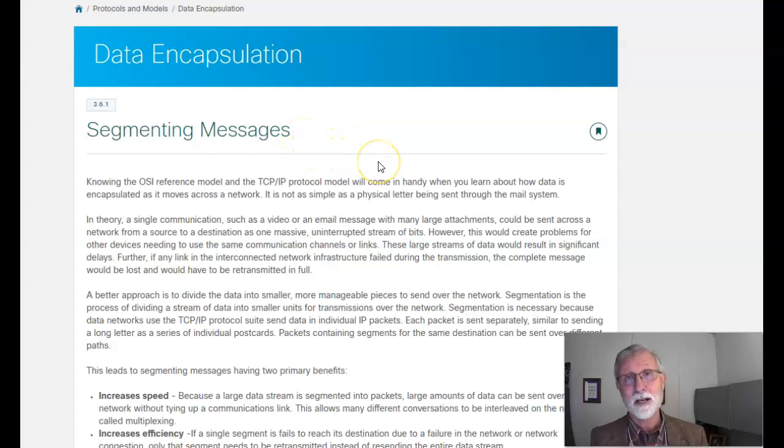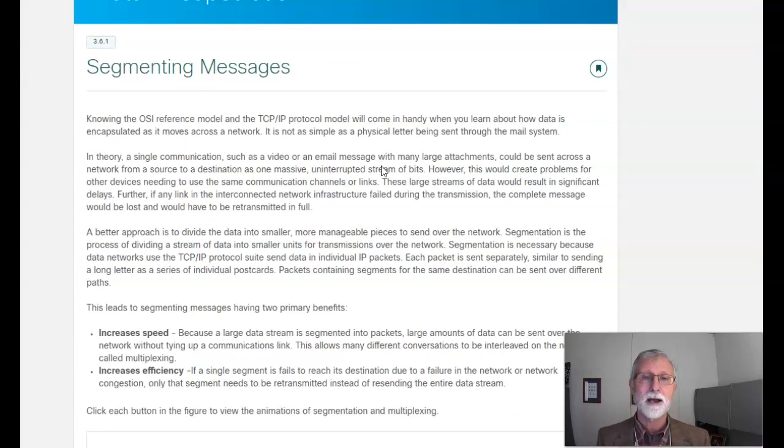Now, you may have gotten rejected because your application says it's too big to send, but basically I've got to break it into smaller pieces, and that helps me increase the speed and efficiency, making sure that if any one segment of my network fails, I have a way, maybe with the routing protocols, to get around that so that my package can still be delivered. It may be a little bit slower, and the protocol handling,